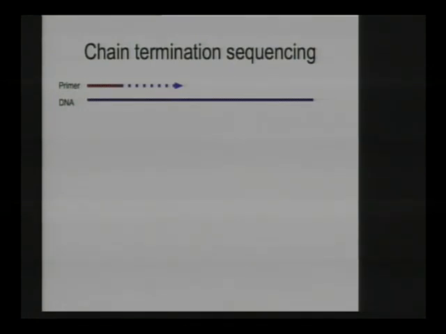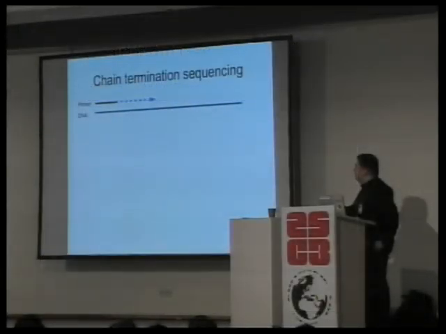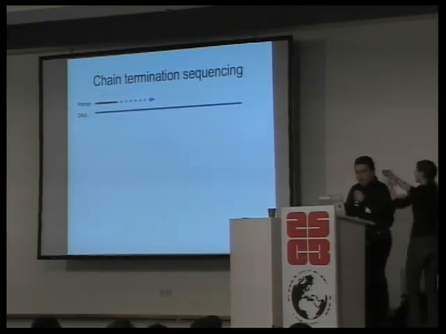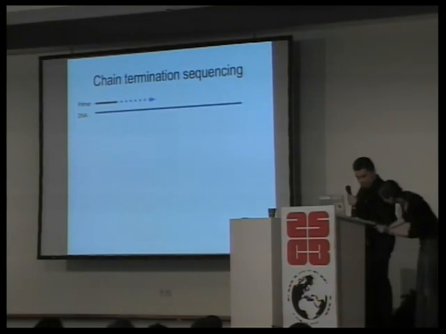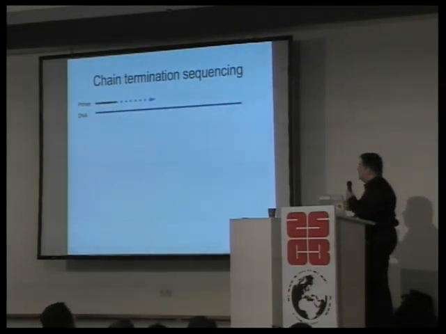So you have your strand of DNA. Here it's a single strand. They have to be separated for this. And then you have a so-called primer. The primer is a small DNA sequence, 20 or 30 bases. Okay, I hope this looks better. And this primer has to match the DNA you want to sequence. And from there, you extend one base, then you look what base it was. And you extend another base and another and another.